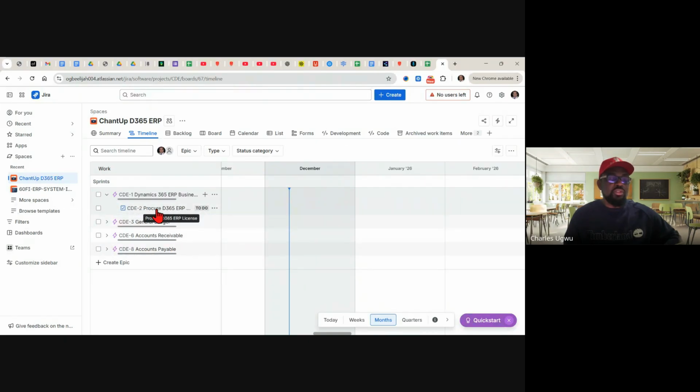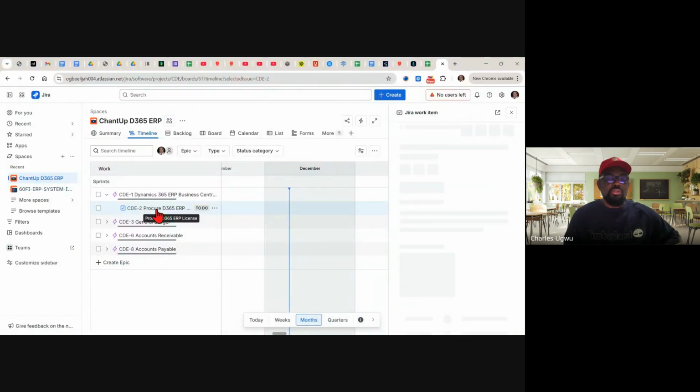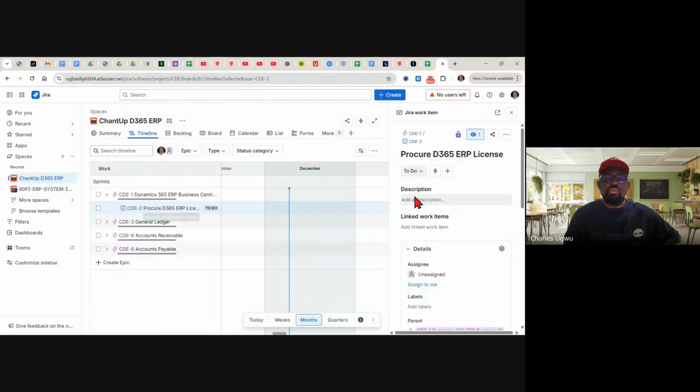For instance, this, open it. If you click on it, it's going to open here. You see it's open here, so you can refine your work. So this is where you procure. This is very straightforward. Procure license. The description doesn't need to explain anything to developers.